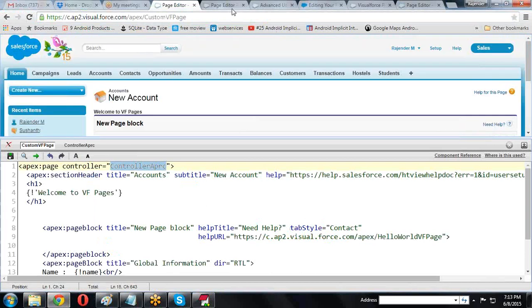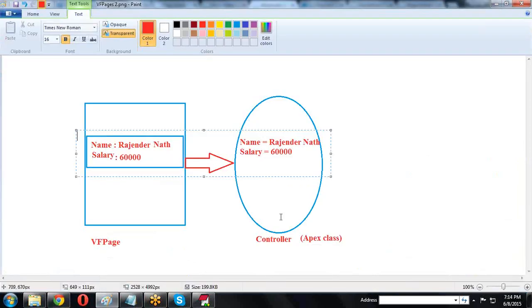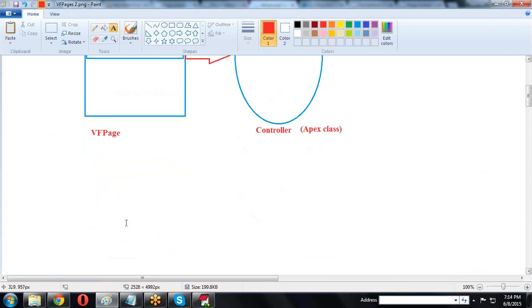Here we have some of the objects. If you want to get the functionalities from these objects, then we are using standard controller. Otherwise, if you want to use your own functionality, that means your own class functionality, then we are using custom controllers.